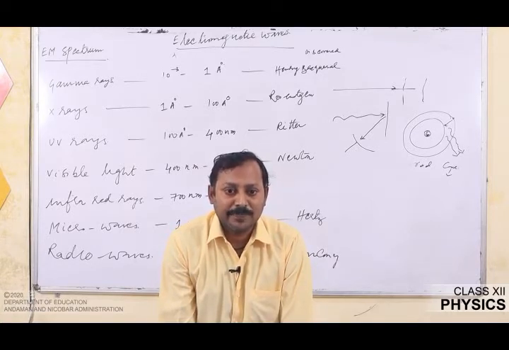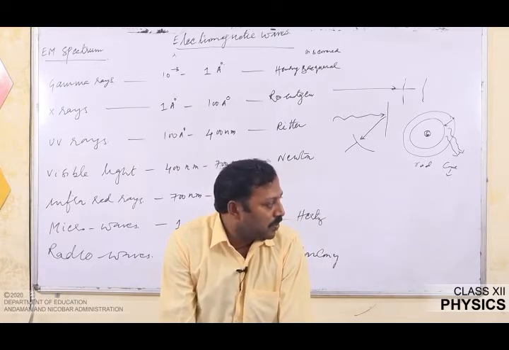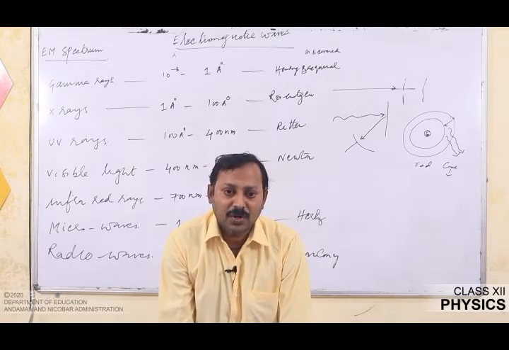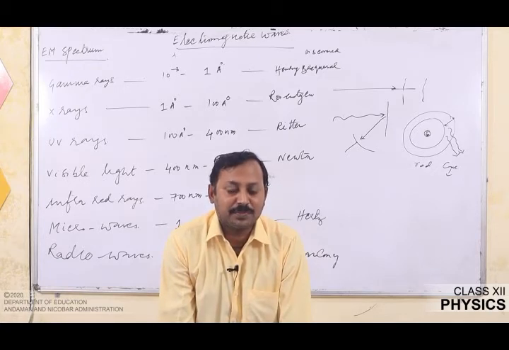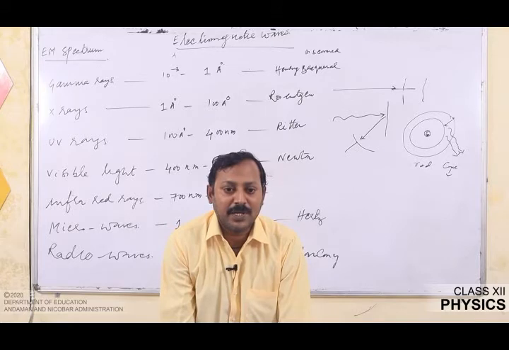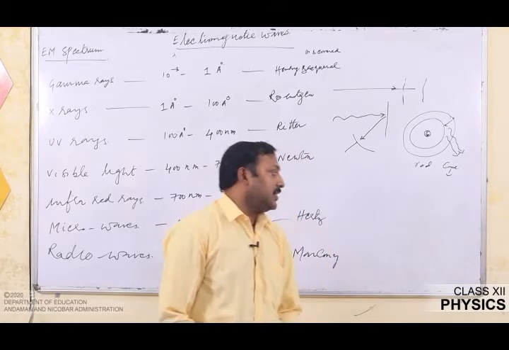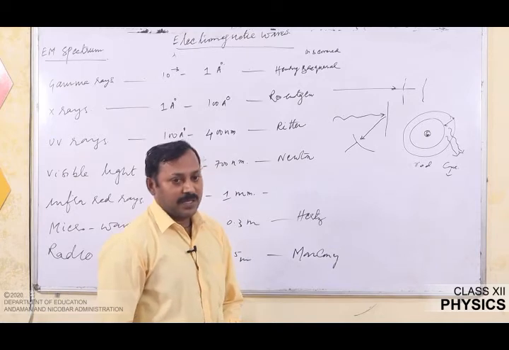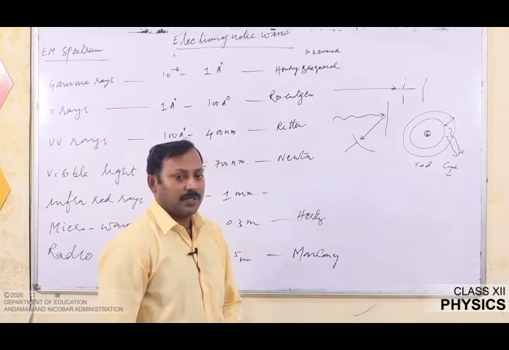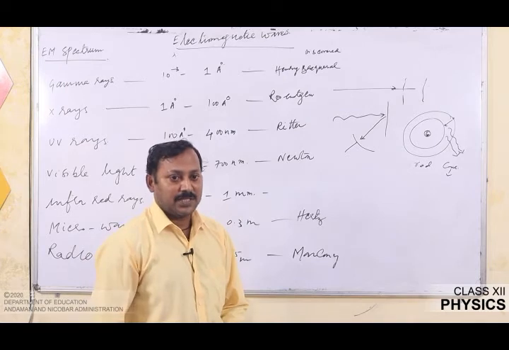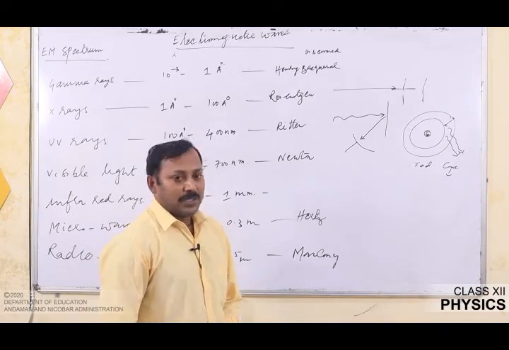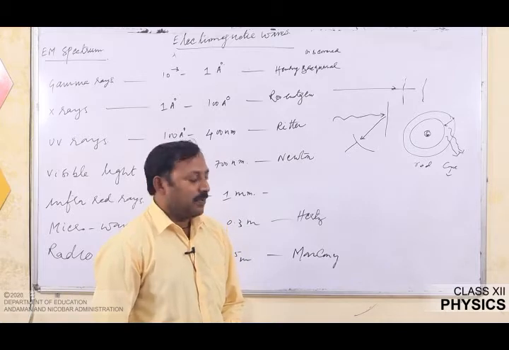It is also used for communication purposes: transmission of voice signals, TV voice communication, radio broadcasting, mobile voice in the very high frequency range. It has been divided into amplitude modulated waves, frequency modulated waves, and short waves, which are used for communication purposes. Detection of radio waves is done by an antenna. When electromagnetic waves strike the antenna, the antenna develops a current, and that current is amplified and fed to the loudspeaker at the receiving end. Thereby, a message signal can be transferred from the broadcasting station to the receiving end with the help of radio waves.